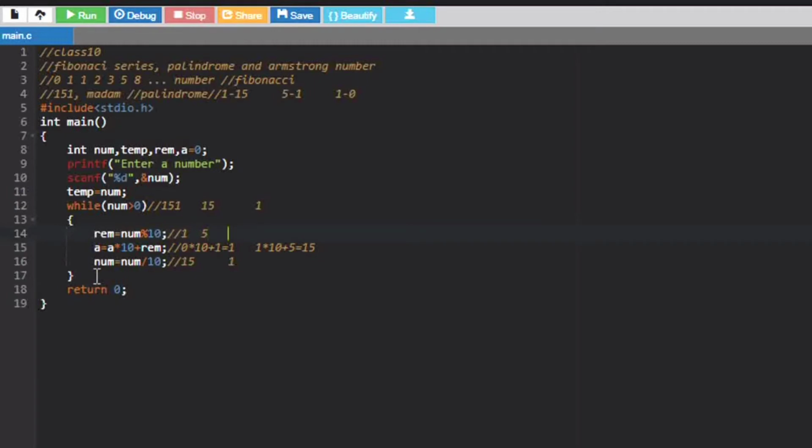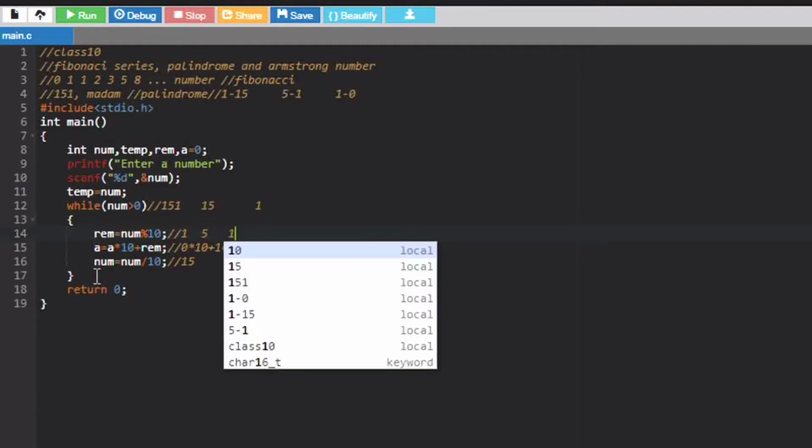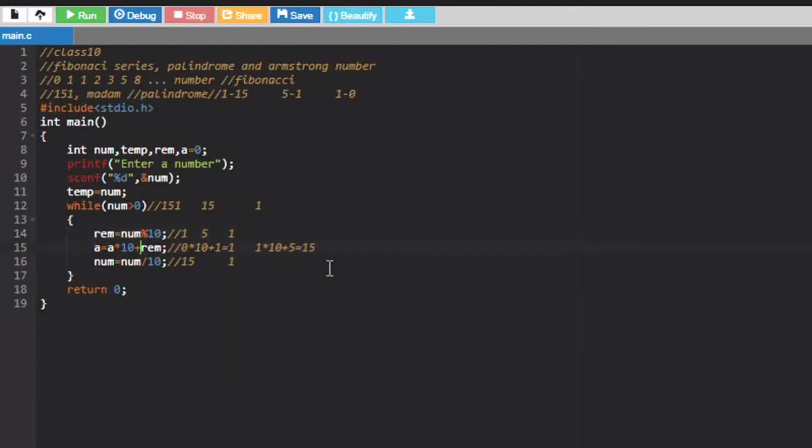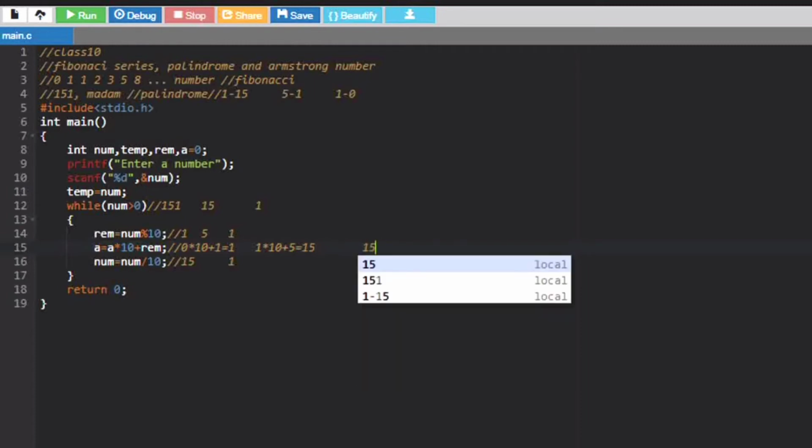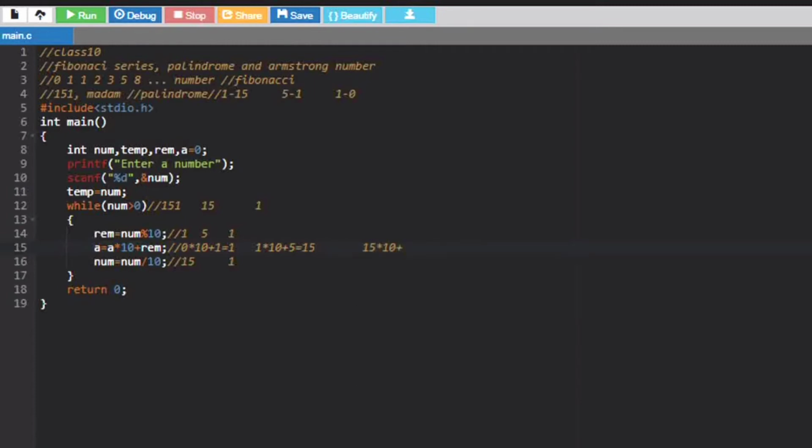So num modulus 10 gives the remainder as 1, and the a value will become 15 into 10, that is 150, plus our remainder, that is 1. So it gives us the answer as 151, and num divided by 10, 10 zeros are 0.